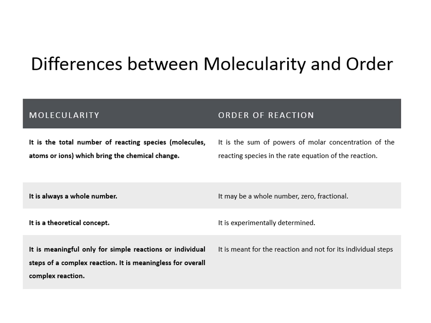So if there are complex reactions which consist of so many steps, then you will choose molecularity from the rate determining step. Other than that, if the reaction is a very complex reaction, then molecularity does not make any sense at that point. Then the final point for order is it is meant for the reaction and it is not for the individual step. So the order is determined for the overall reaction, while molecularity is determined for elementary or single step reactions. So these are the differences between molecularity and order.